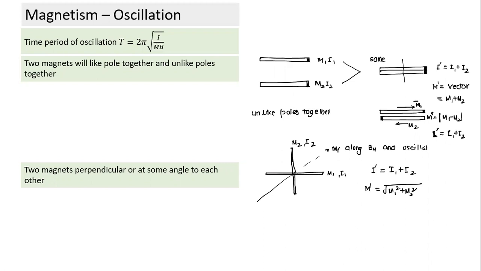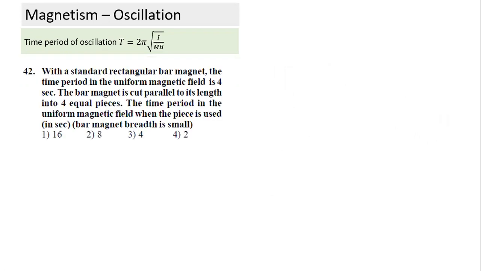Okay, so these are the basic things and all the questions I mentioned here. Let's look at some of the questions. I'll give a couple of minutes. All of you can solve this question. Time period is a simple substitution in this formula. I would suggest that most of you should know how to arrive at this formula in about 15-20 seconds. It's not difficult, so practice that. If not, at least memorize the formula.